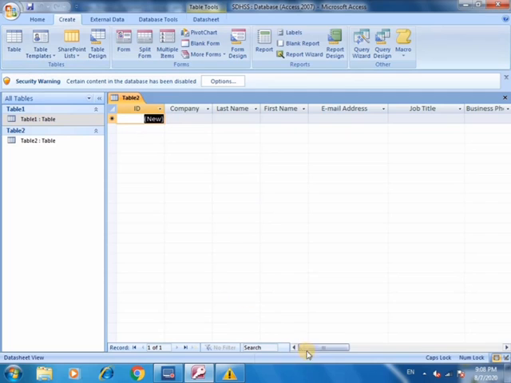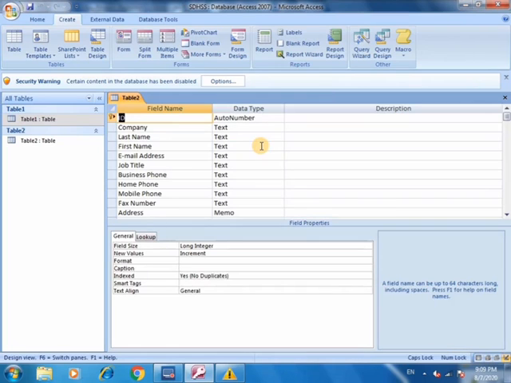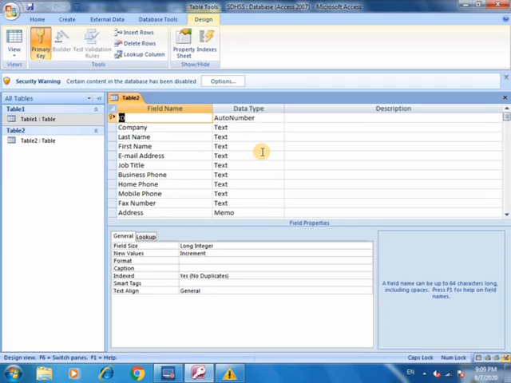Here we can see many fields related to the contacts template. So we can customize it. We can add new fields and remove existing fields according to requirement. To edit this structure, we right click on the table tab and open it in design view. You can type a table name here. Suppose my table name is table 2 and I press the OK button. My table is open in design view. I can remove or edit any field according to requirement.